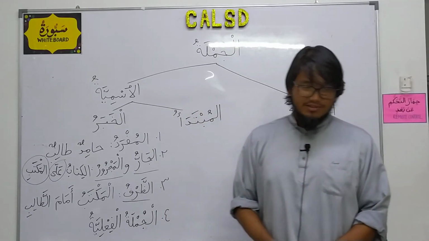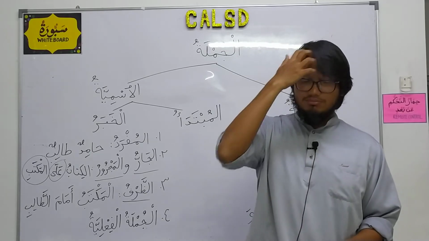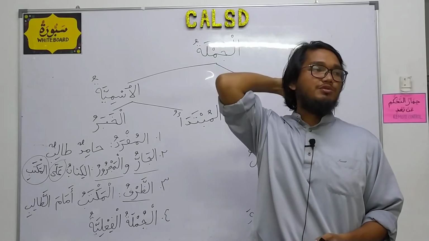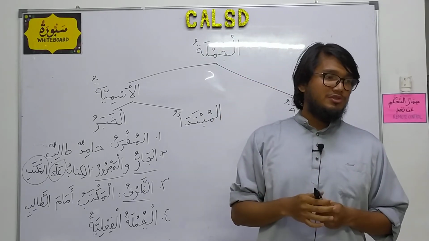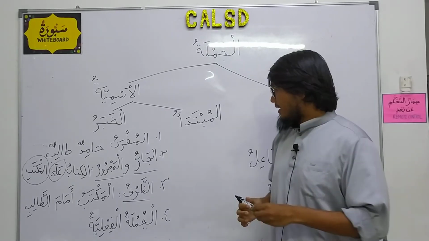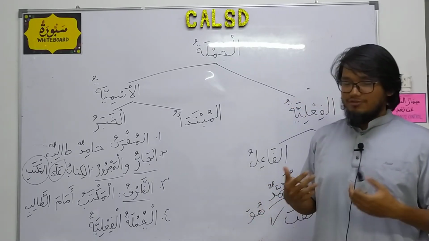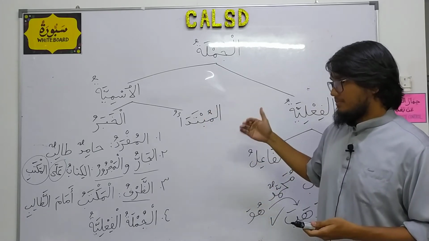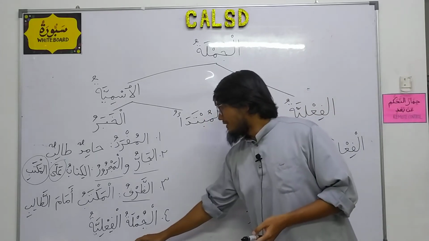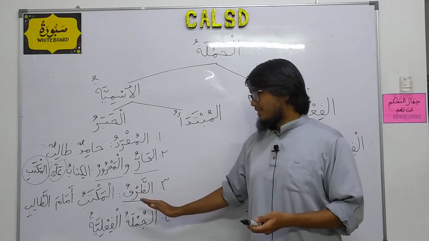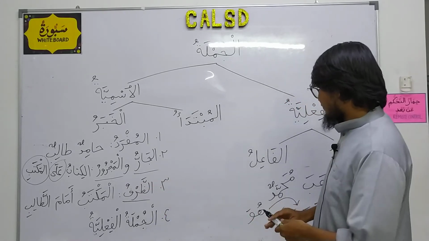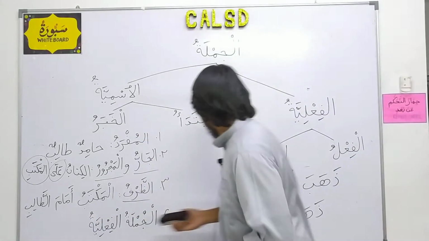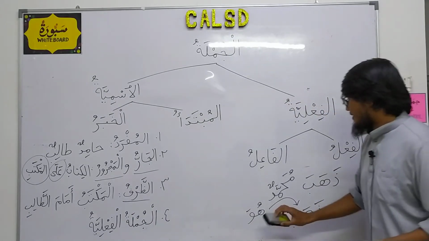So this is where I've met a few who struggle to understand this concept, and some who have made a lot of mistakes when it comes to this particular topic. So when I ask,